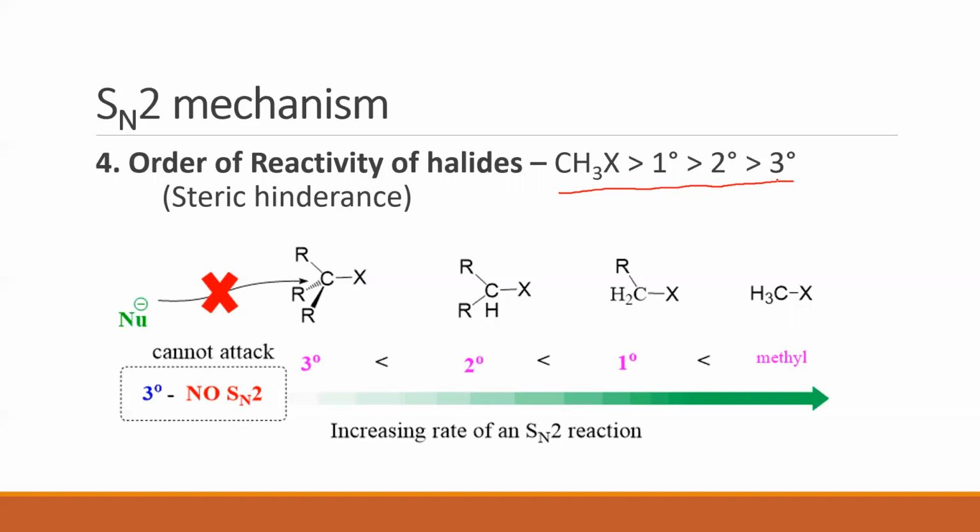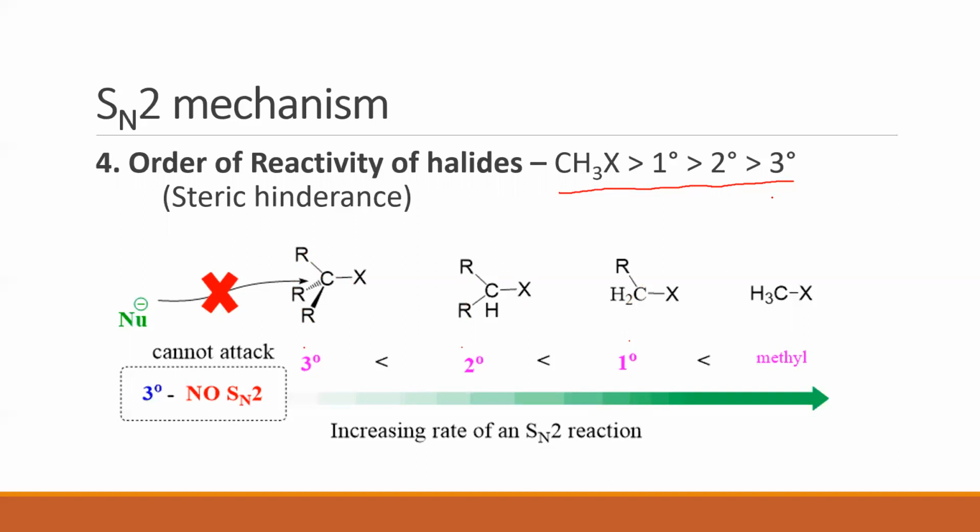Now remember, when we studied types, we looked at primary, secondary, tertiary. What does it mean? It's what is given here. If it is primary, the halogen is bonded to a carbon, which is in turn bonded to how many more carbon atoms? One more carbon atom. Such a thing is called primary. What is secondary? Halogen is bonded to a carbon, which is in turn bonded to two other carbon atoms. That is secondary. What is tertiary? Halogen is bonded to a carbon, which is in turn bonded to three more carbon atoms. This is what is tertiary.